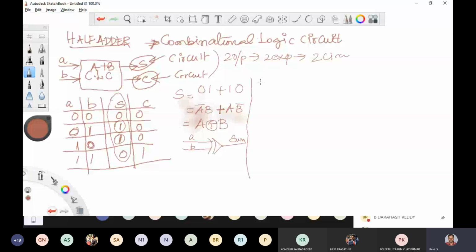Now I'm going for the second output. Second output is carry. So now C is equal to 1 for only one possible case of input, that input is 1, 1. Correct? When A is equal to 1, B is equal to 1, both are real, A, B. So your logic is true. Carry is 1. This is again a famous logic called AND logic. A dot B is the AND logic. So when I pass variables A, B into one AND logic gate, the result is nothing but A dot B. So this A dot B is nothing but carry.